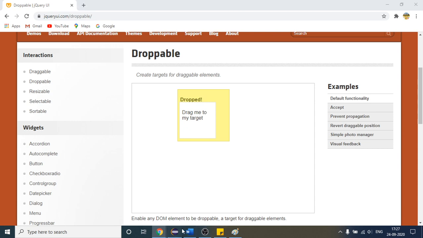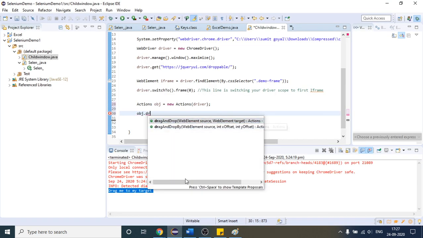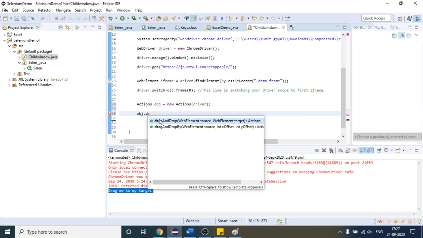So the method it is providing is dragAndDrop. Consider only the first one as of now, right? So this is the method, and if I point my mouse here, it is saying WebElement source comma WebElement target. So what is this web element?